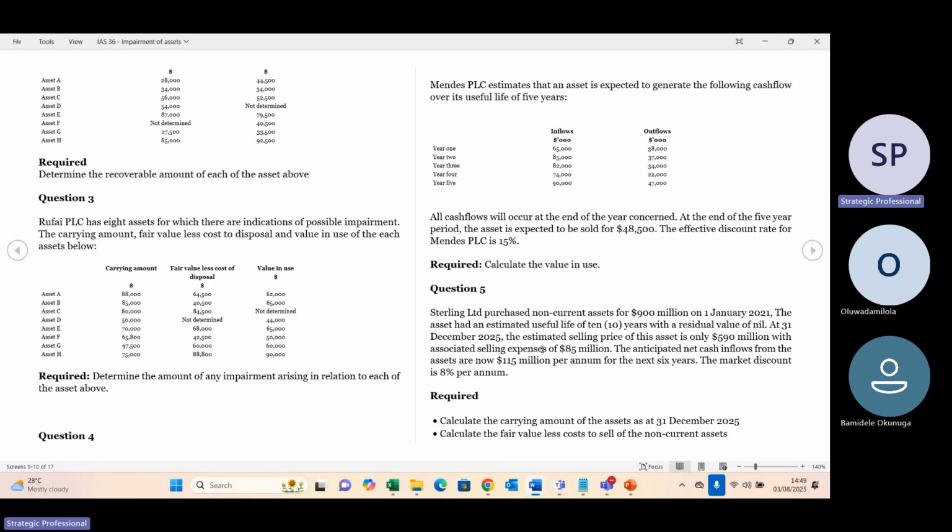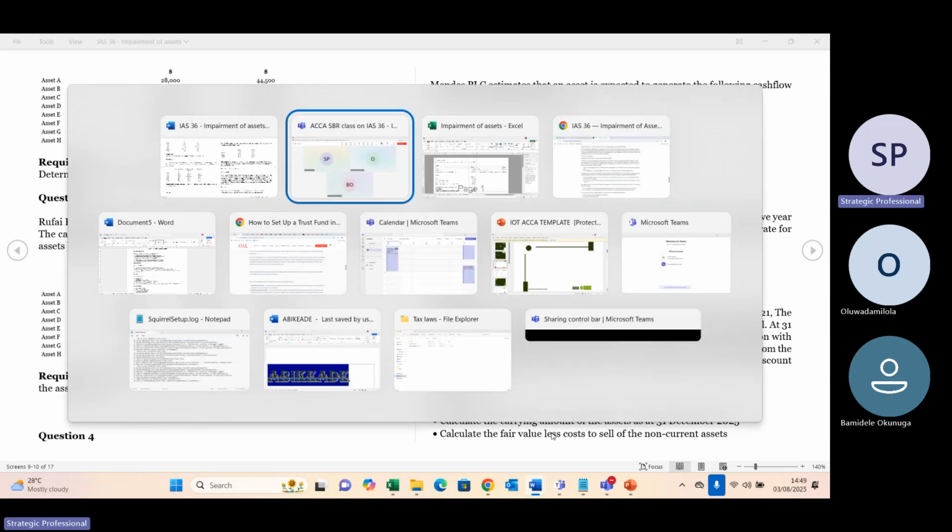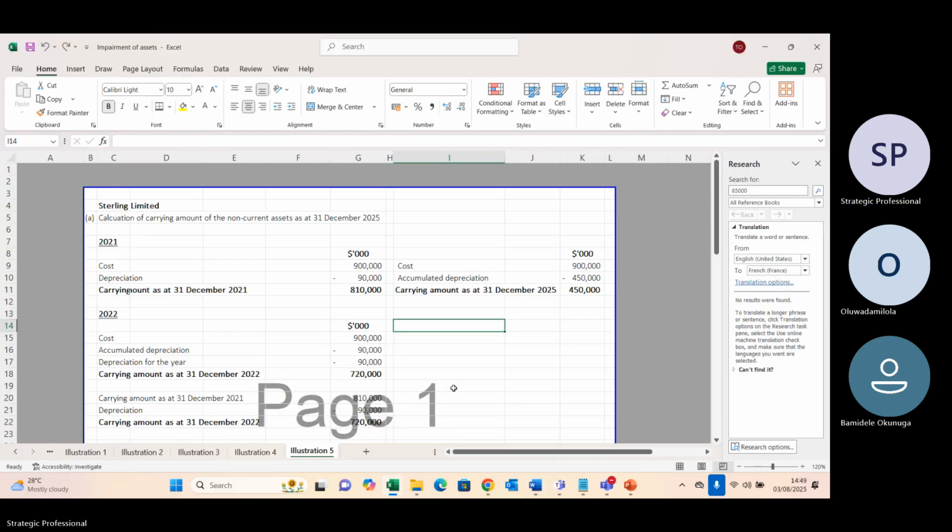That's what they will call fair value. If they don't call it fair value, they use it interchangeably. They can even call it market value. So estimated selling price is what they will call fair value, while your cost to sell is what we call associated selling expenses. So the examiner wants us to calculate the fair value less cost to sell. So to determine your fair value less cost to sell,